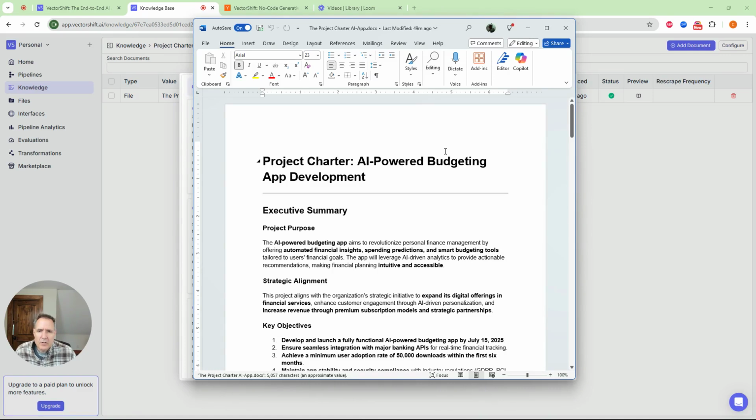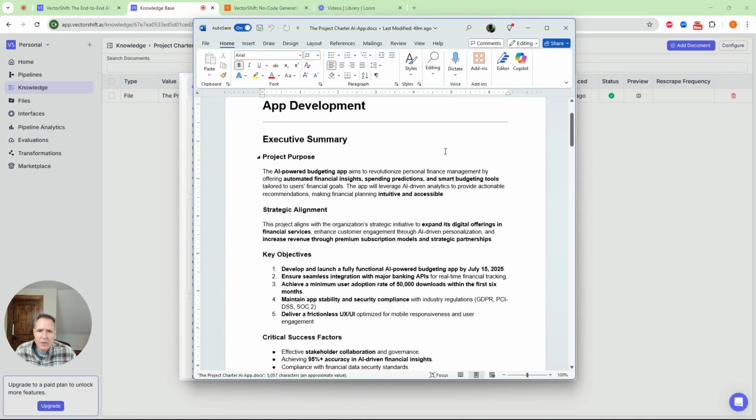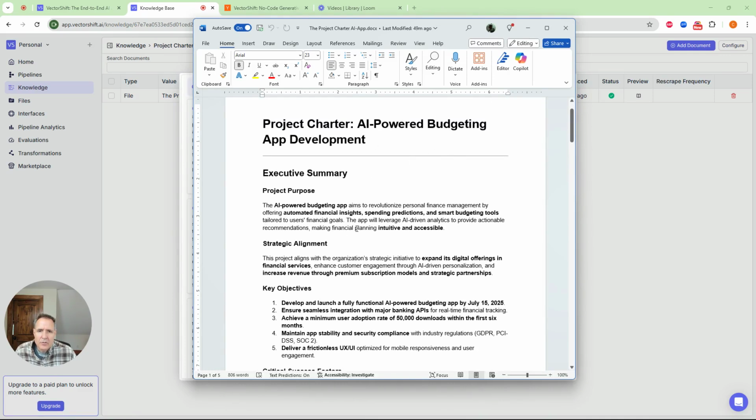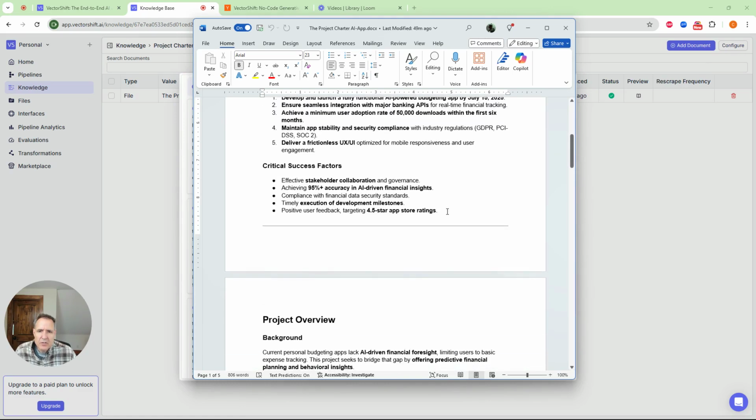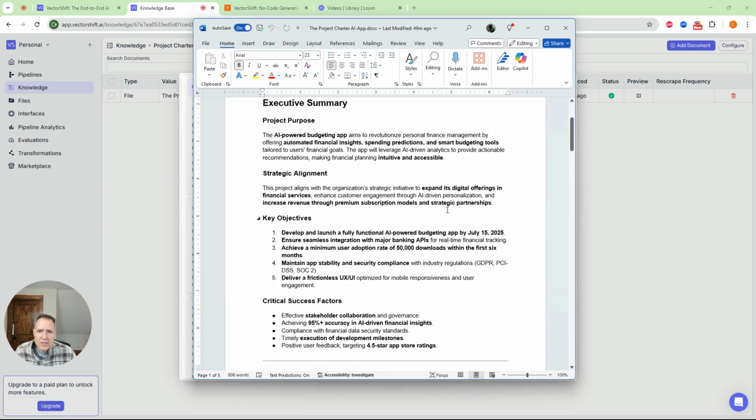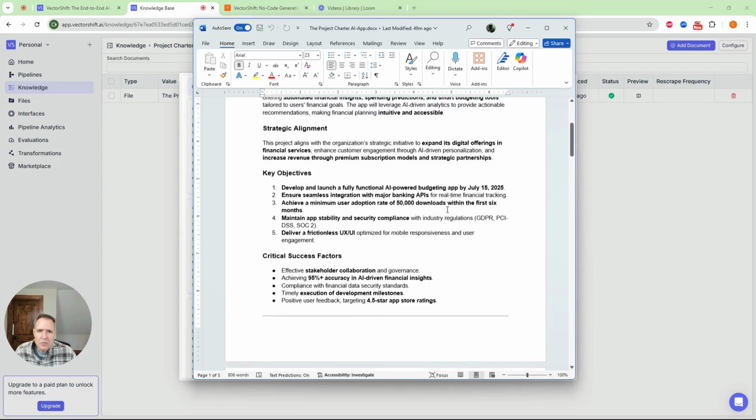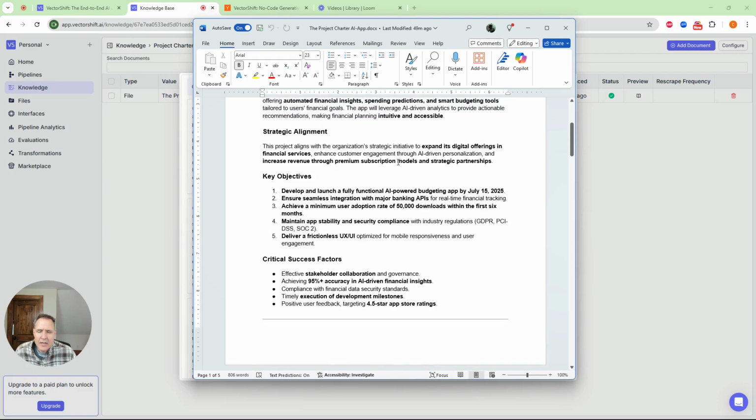So here's our project charter. This is the document I provided it. It said, here's your AI-powered budgeting app. So what I have is a banking app, a budgeting app I'm building for a bank. This is fictitious. It basically goes through the project purpose, strategic alignment, shows that everybody is aligned on the goals,